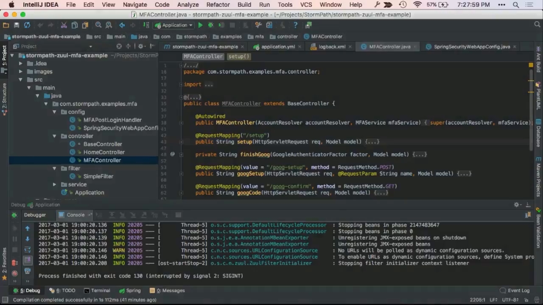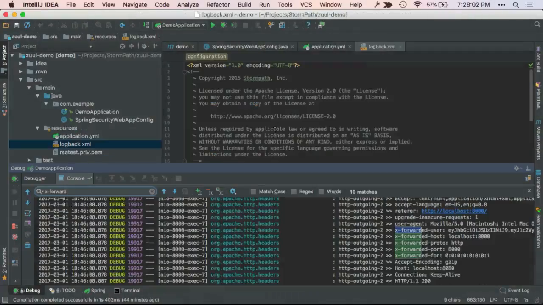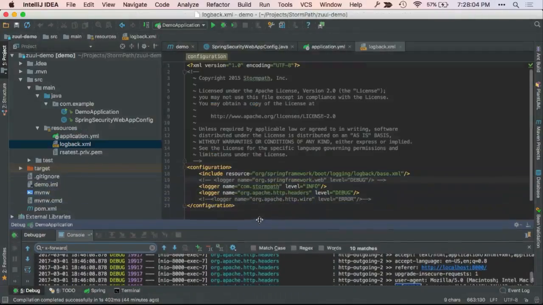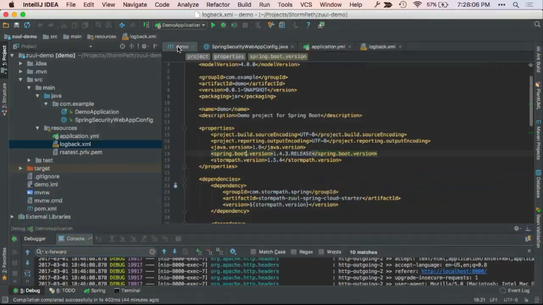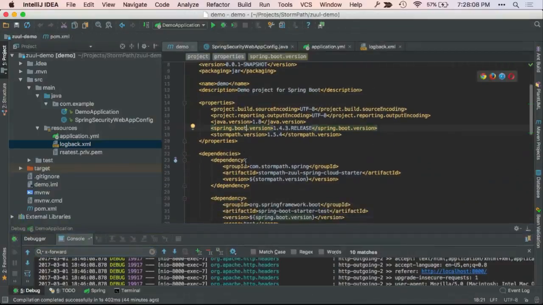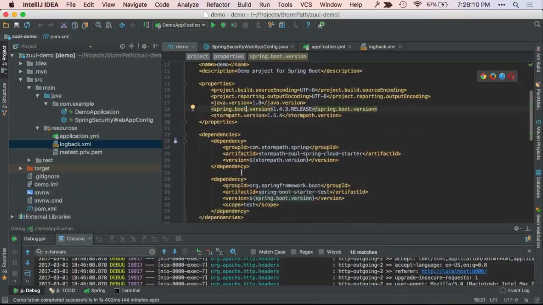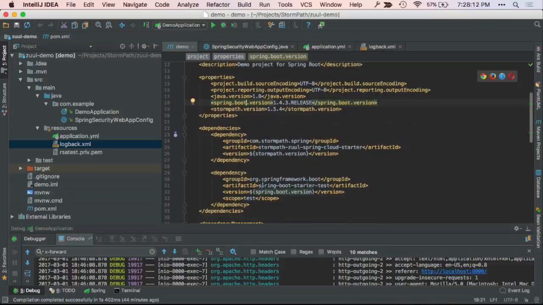If we look at the Zuul Gateway side of things, first of all, you'll notice that aside from Spring Boot Starter Test, we have one other dependency, and that's just the Stormpath Zuul Spring Cloud Starter. That's the only dependency that we need.